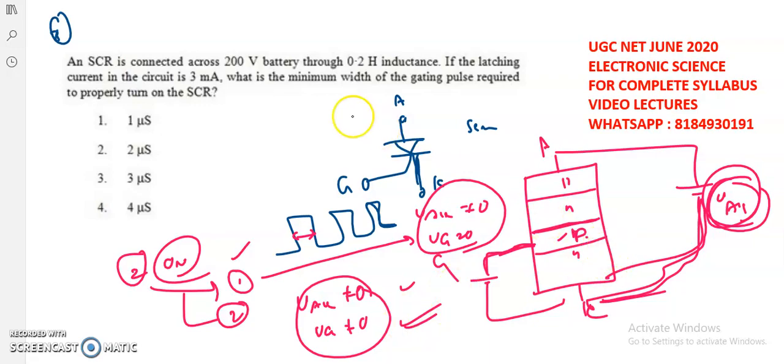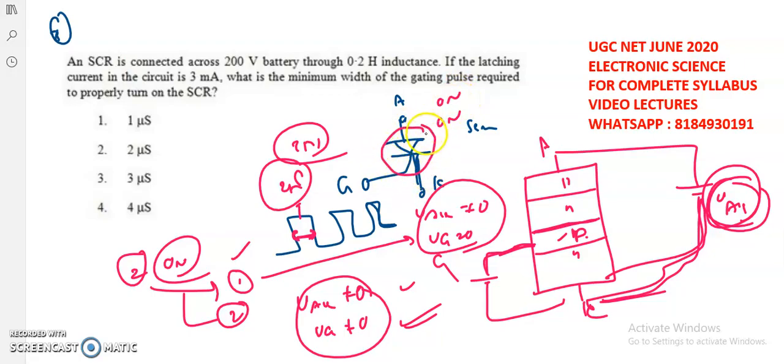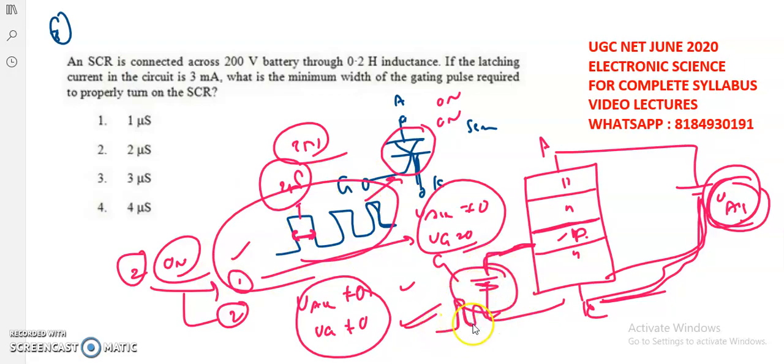So coming to the given question, it depends upon the pulse width. If this pulse width is 2 microseconds, the SCR is in the on state for up to 2 microseconds. If the pulse width is 3 microseconds, then the SCR is on for up to 3 microseconds. So how long you want the SCR in the on state depends upon the duration of this pulse width, and this pulse signal we are giving to the gate. Here, instead of giving a DC supply, we are giving a pulse. Whenever the pulse is high, the junction J2 comes into forward bias, and the SCR comes into the on state.